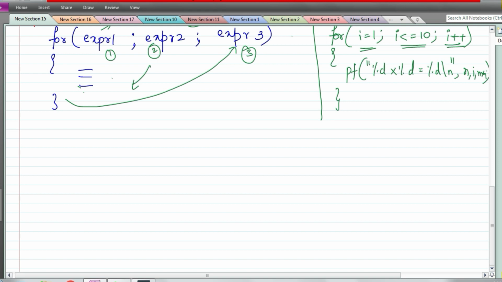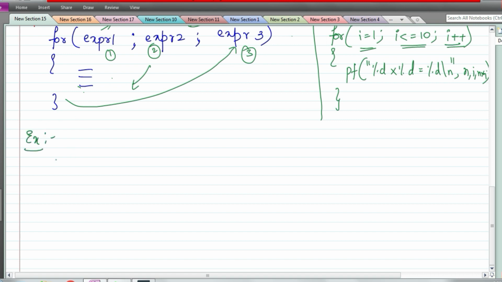Now I told you we need 3 instructions for loop, right? What if I don't have 3 instructions and I still want to use for loop? You can still do it, but the syntax for loop is this: for keyword, simple left and right parenthesis, and then two semicolons inside. So 2 semicolons inside that for statement is a must. Okay, so that is a must. If that is not there, then you will get an error saying the syntax is not correct. Okay, so I will write one example here.